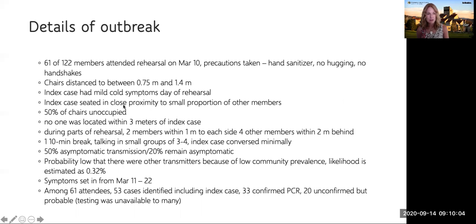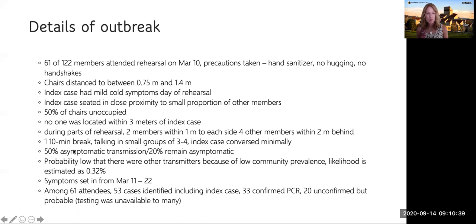And the index case was seated in close proximity to only a small proportion of the other members. 50% of the chairs were unoccupied, and no one was located within 3 meters of the index case. We did see that during parts of the rehearsal when groups were moving between rooms, 2 members were within 1 meter to the side, and 4 other members within 2 meters behind the index case. And then there was some talking in small groups of 3 to 4, but the index case conversed minimally during